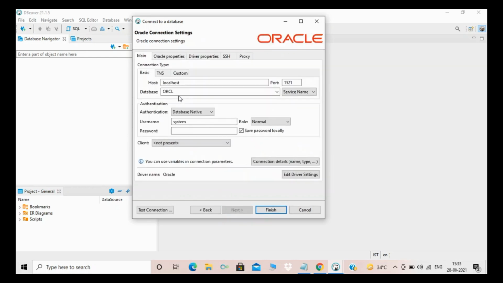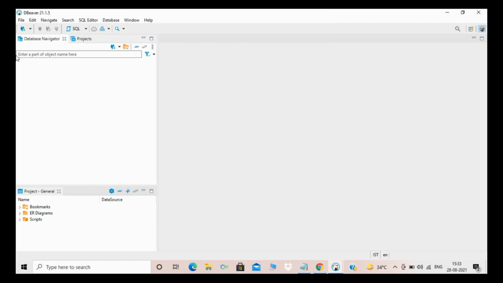Just click on Oracle. Enter your host name, database name, service name, provide some details, and click on finish. Once you finish, your database is loaded on this side, and after that you can perform whatever actions you want, like refreshing your database. These are many functionalities of this same software. If you want to use it, that is also okay.